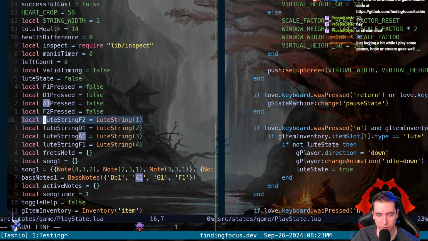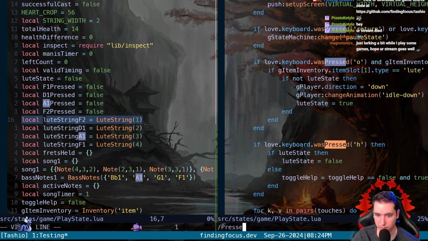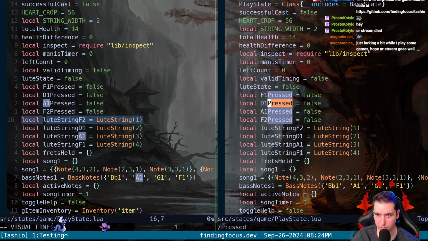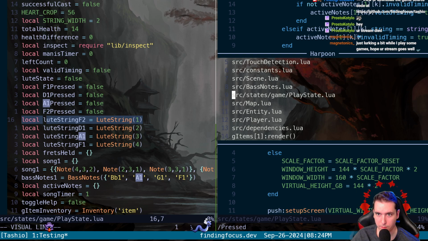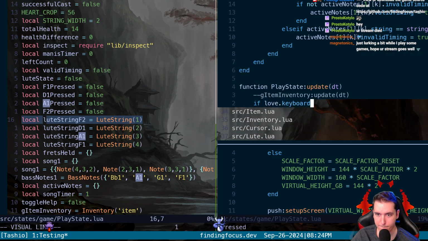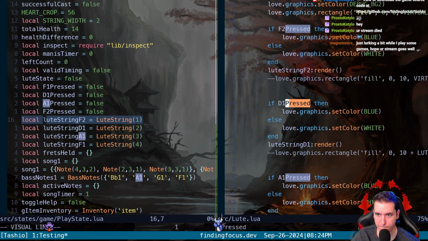These loot strings. Okay. I think these pressed as well. Let's see. Pressed. Yeah. And then also frets held, right?